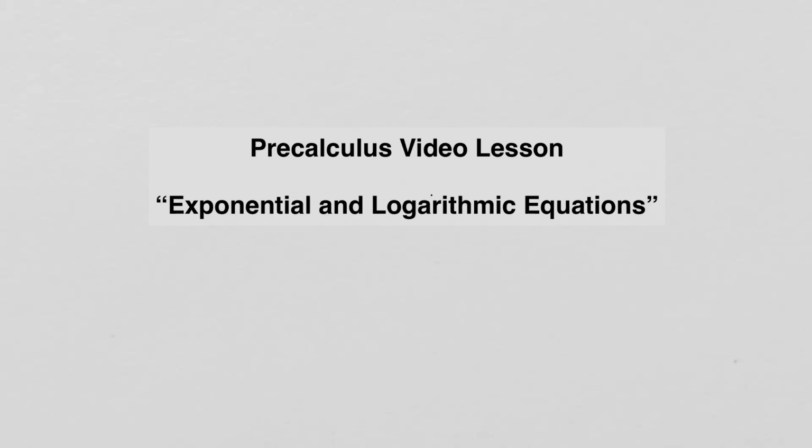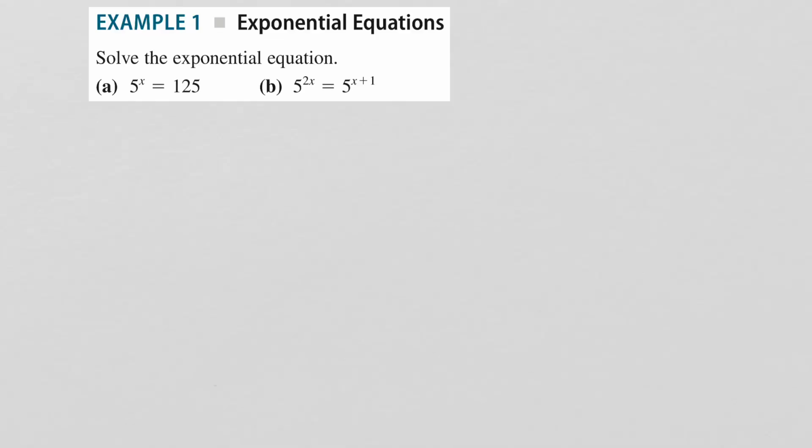Exponential and logarithmic equations. Let's consider the following exponential equations: 5 to the x power equals 125, and 5 to the 2x power equals 5 to the x plus 1 power. When solving exponential equations, if we have a common base on both sides of the equation, these are actually pretty easy to solve. So for example, when we have 5 to the x equals 125, we need to know